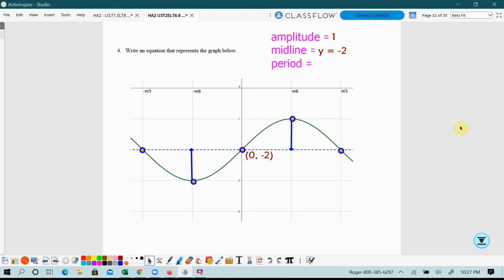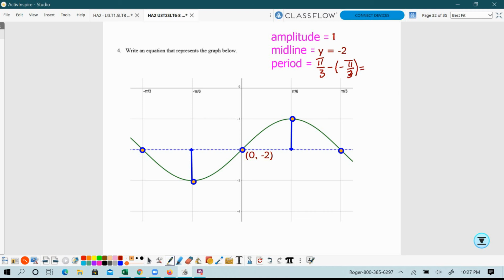Okay, now this is definitely coming out to look like a sine graph, but what's the period? Well, here's how I would determine the period. I can clearly see that the graph starts at -pi/3 and ends at pi/3. So if I determine the difference of those two angles, starting with pi/3 minus -pi/3, this will tell me exactly where my period lies